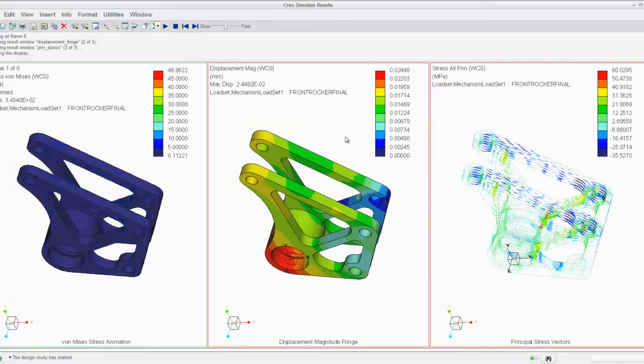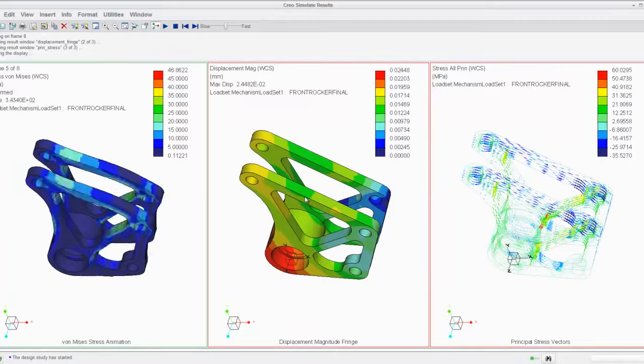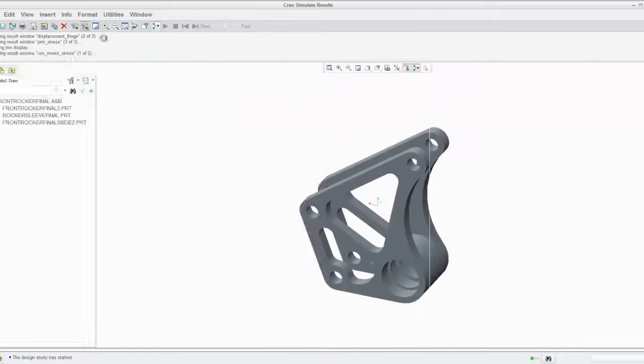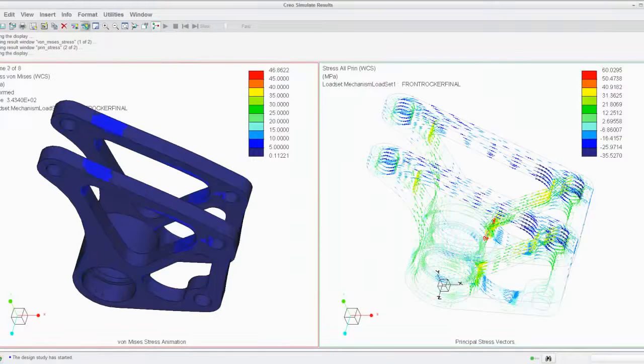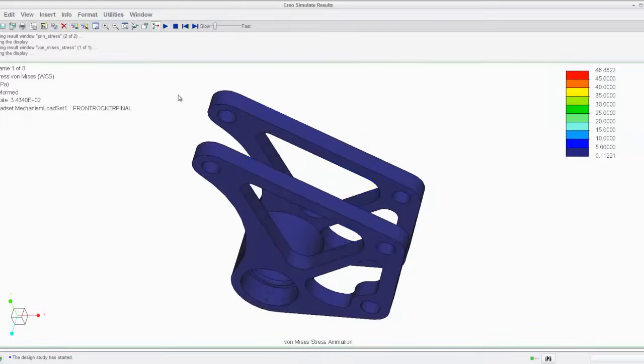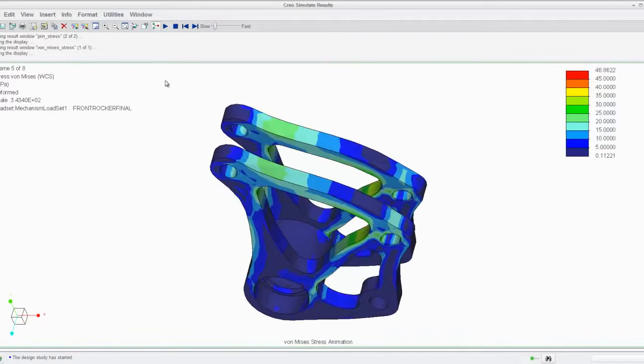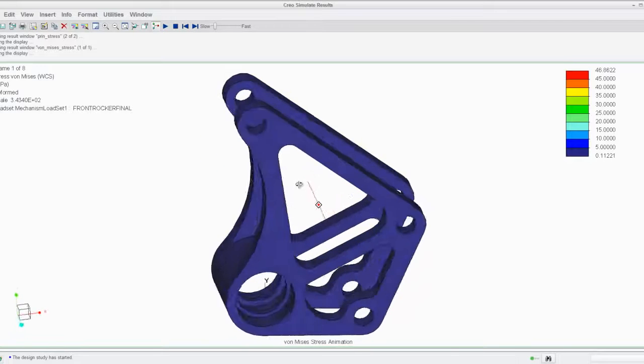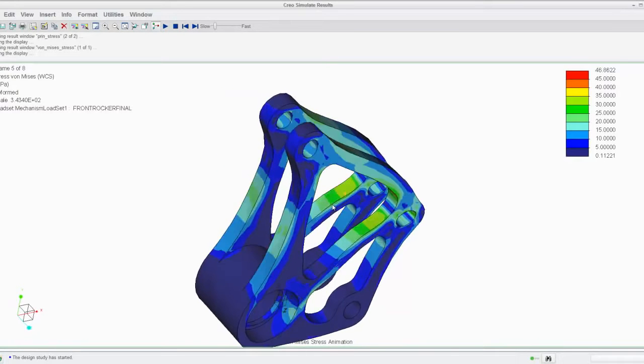And I'm just going to use the default display window. So you can see very quickly, if I close out some of these, we can see the one that we're interested in more detail. I'm going to just pause that for a second and slow it down. And we can see the impact those forces are having on our component visually. I can review that in real time by twisting and moving it.